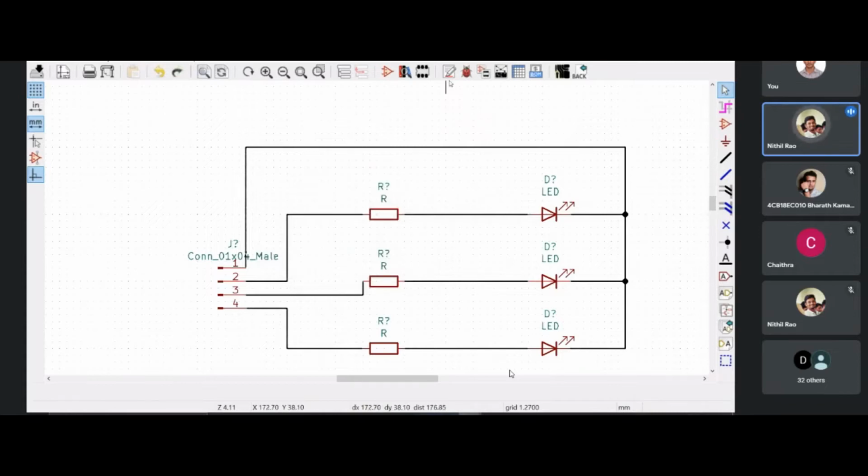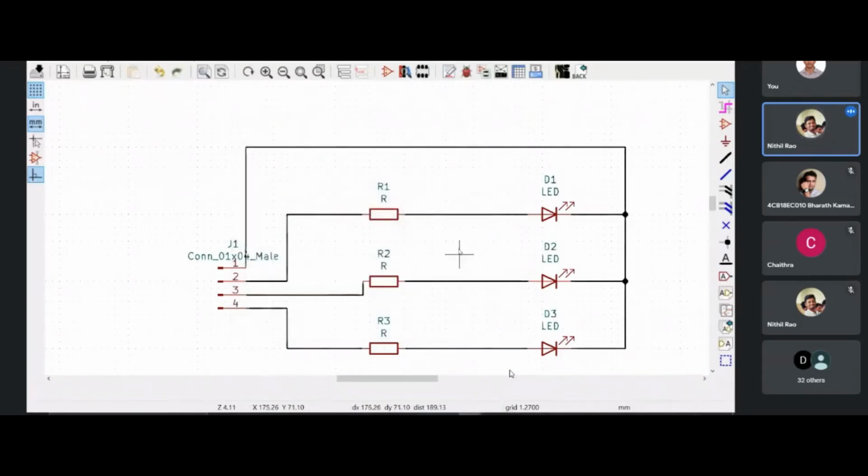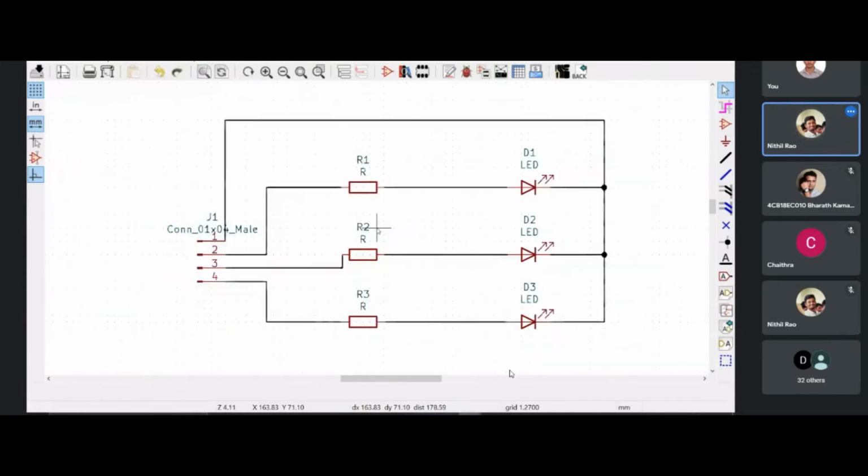So what I do is you have an option on top, annotate schematic symbols. I hope you guys can see it. So I'll just click on this and then I have the option to annotate it, right? Double click and close. So everything has been named now. Initially it was R question mark, R2, R question mark. Now it has been changed to R1 and R2. Similarly D1 and D2, right? Okay, fine. And now the components have been placed, the wires have been connected, and I have done the annotations.